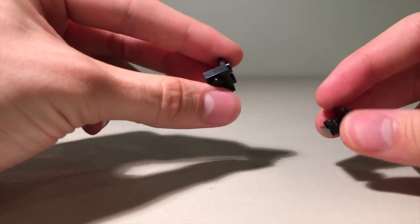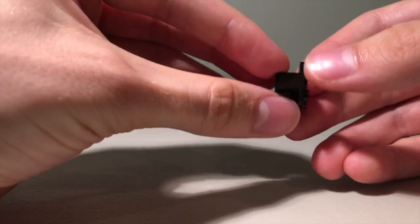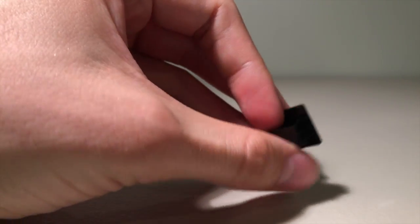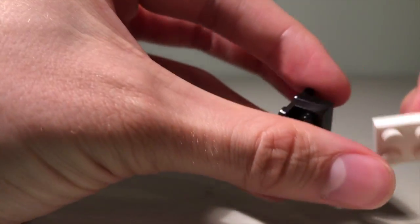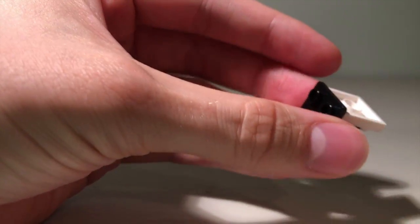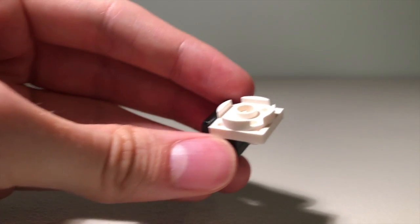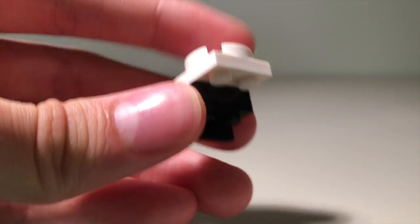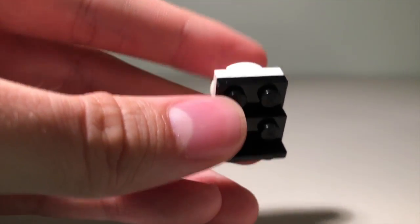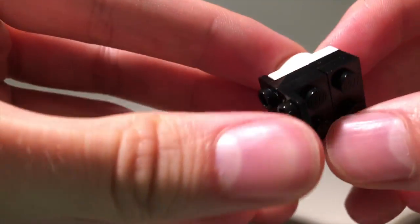So the first thing you're going to do is attach these two plates like so. And then add this plate on the top, or bottom rather. Then put on this round plate. Then put on two of these 1x2 black plates, one on top of the other. And then on the bottom,